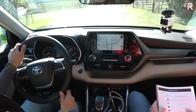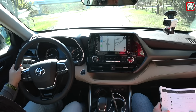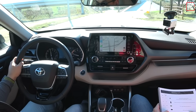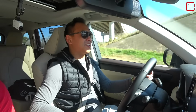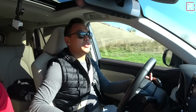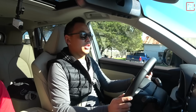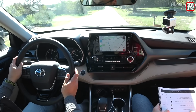So let's test out the acceleration really quick. I'll just turn the traction control off. This has all-wheel drive, so we'll just floor it. It is definitely quicker than the hybrid, that's for sure. And it's kind of a shame because the hybrid used to be the faster of the two, but clearly the V6 has the advantage when it has 295 horsepower. Put your foot down here, and the